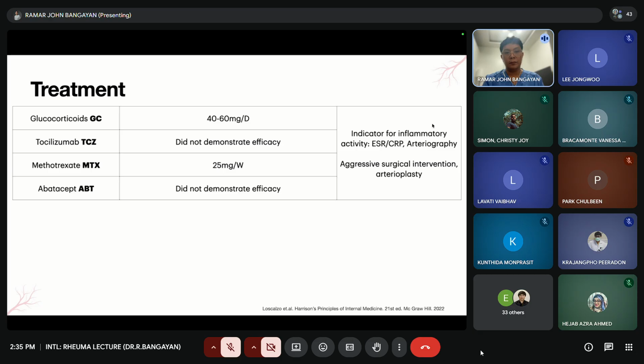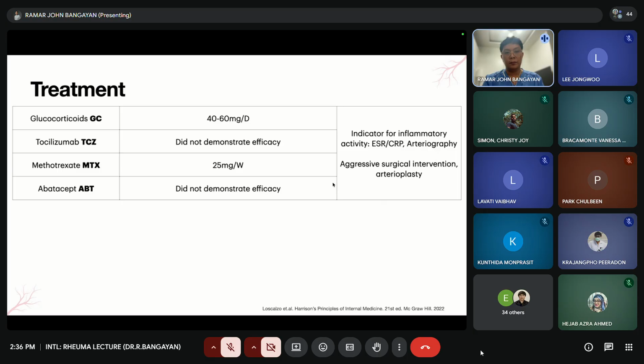But in Takayasu, you need to do arteriography. Arteriography or angiogram or arteriogram. Is that clear? And then the definitive management should be surgery. Okay? I think in thoracic cardiovascular surgery, you discussed this in managing